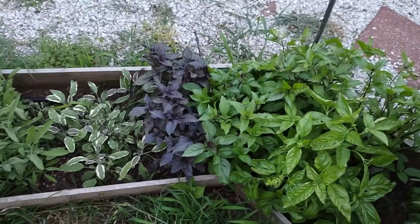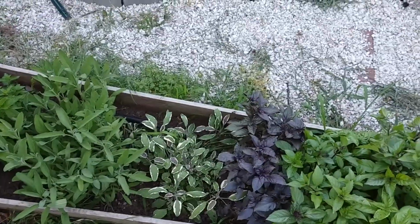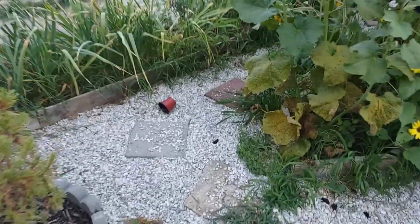mosquitoes are getting me. We have all of our basils and sages tucked in down here. Got him. I'm a vegan. I don't kill animals, but those mosquitoes, man. Okay. Now stepping over the herbs